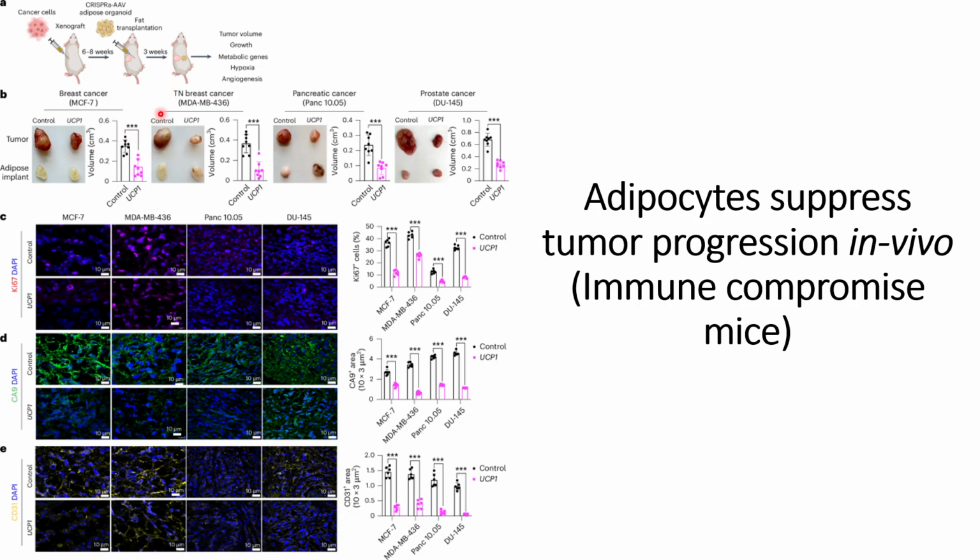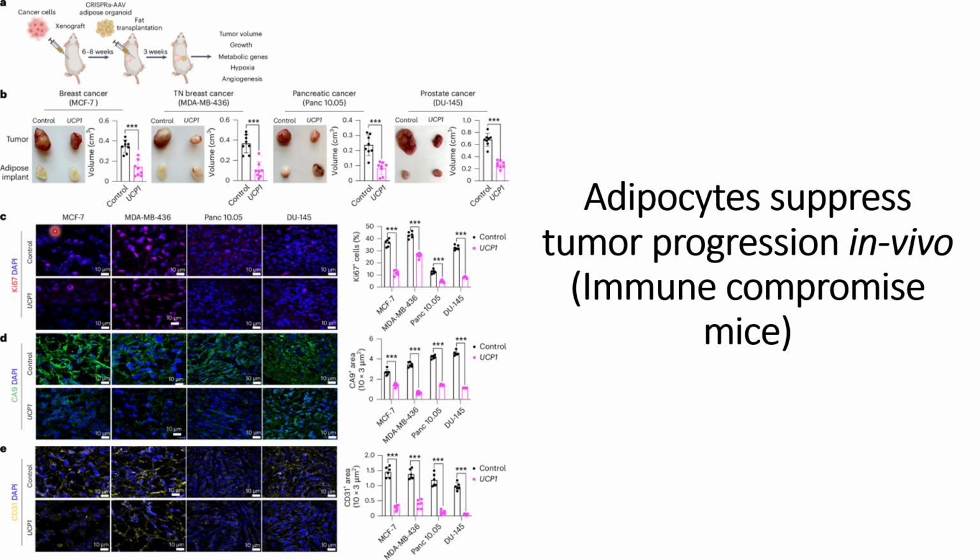So, that's why they used it as a control. And for this TN breast cancer, that is MDA-MB-436, they also see similar results. That is for the UCP1 gene transplanted organoid, they see a significantly low tumor volume compared to the control case, and similar results they have seen for PANC-1 and DU145